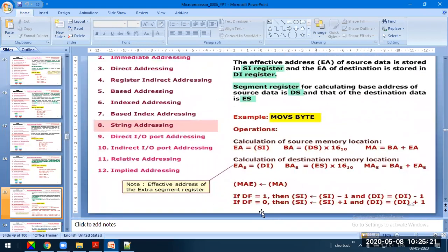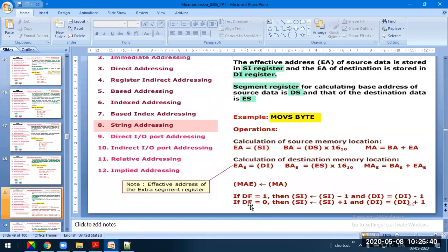These bottom two lines indicate the string operation. If the flag DF is equal to 1, then the source index is decremented and stored into the source index register. Similarly, the destination index is also decremented and stored into the destination index register.